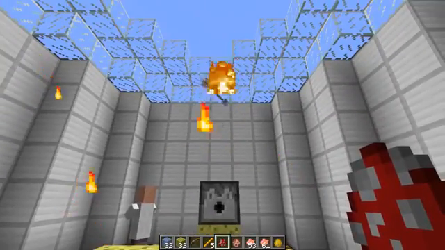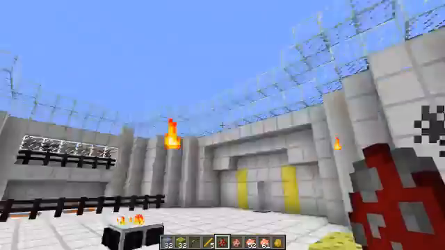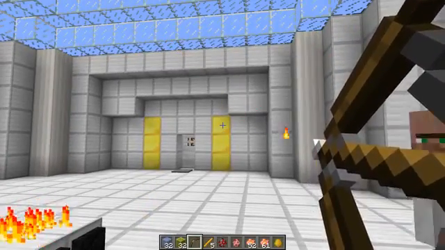You can even make them bounce in midair. That's pretty cool. But, of course, they will turn into fire when you walk near them too. That is pretty awesome. And also, every time you fire out an arrow from a standard bow, arrow...